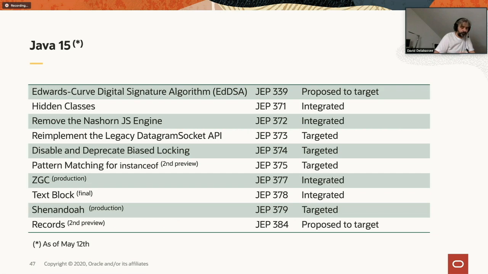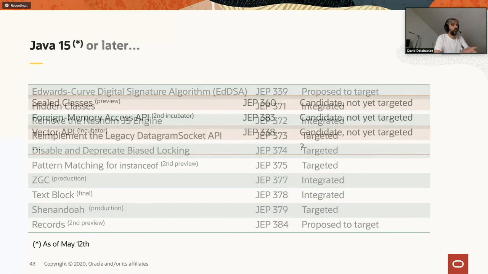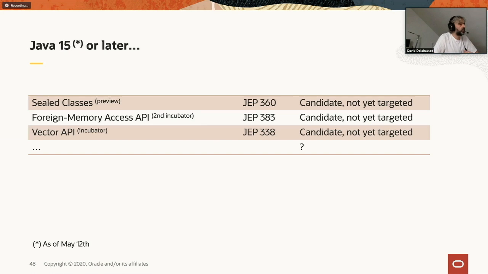I'm going to discuss specifically two JEPs. That is hidden classes, and where is the other one? Sealed types, sealed classes. It's not here. I don't see it. Oh, I missed one. Anyway, it's on my slide later on. Oh, it's here, sorry. The other one is sealed classes.